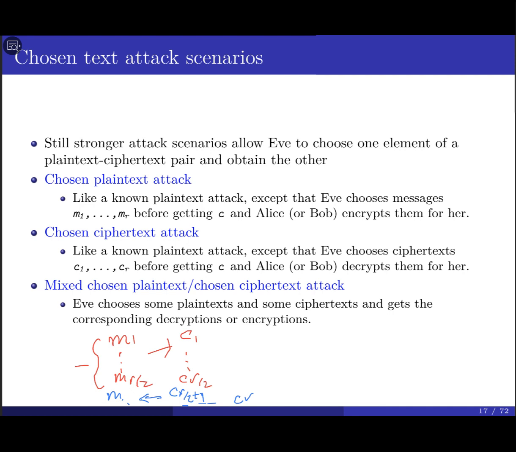So you can choose whichever part. Some is going to be ciphertext, and some, the corresponding plain text. That's what we're trying to do. If anyone comes up with an encryption scheme or protocol and says my protocol is secure, these are the kinds of attacks that you try to perform against this system in order to prove whether it is secure or not. Of course, when you build a security system, you're going to say, for example, my system withstands a chosen plain text attack, or a chosen ciphertext attack, or maybe a mixed chosen plain text and ciphertext attack. That's one property that your system is going to achieve.